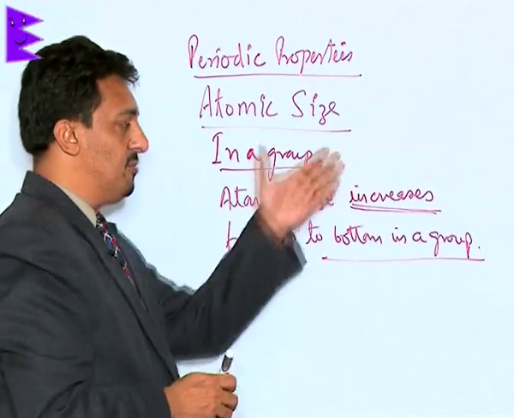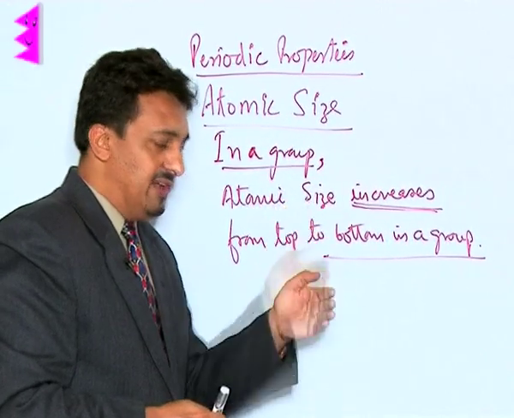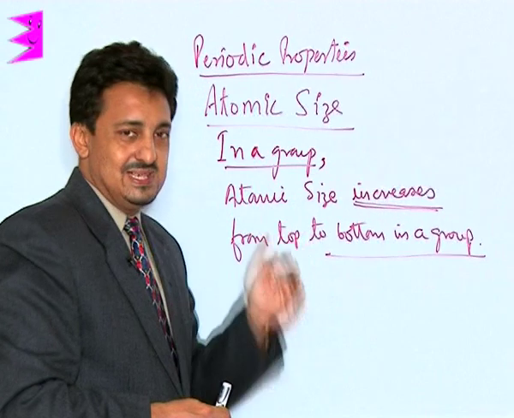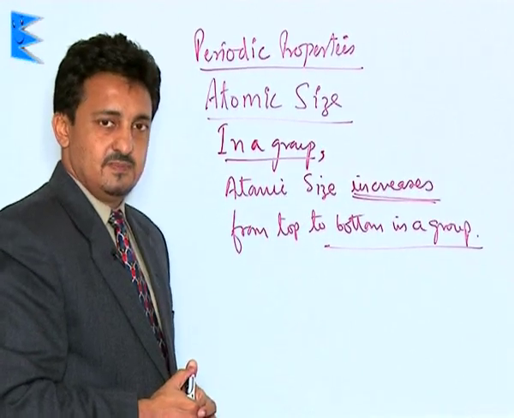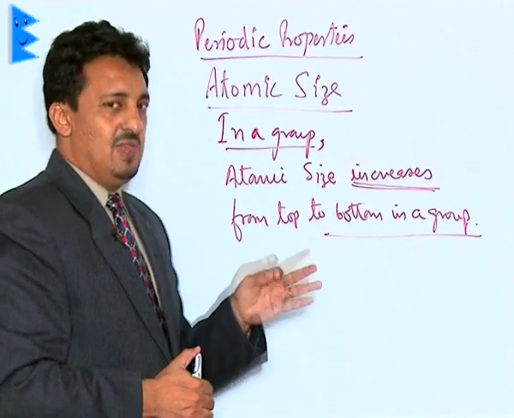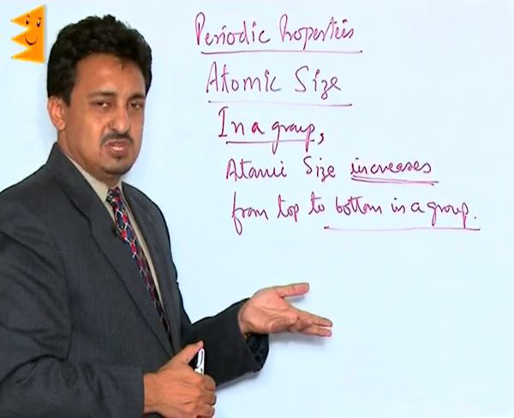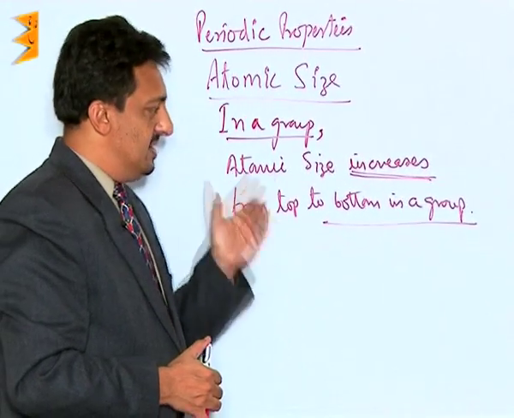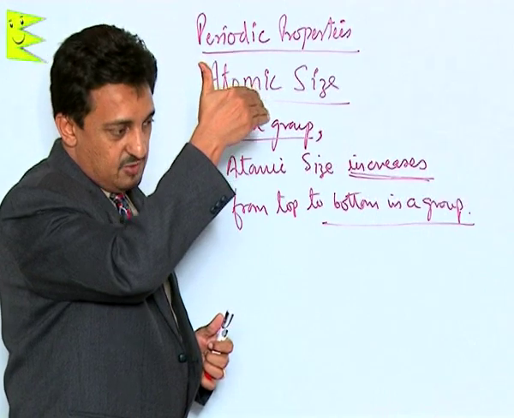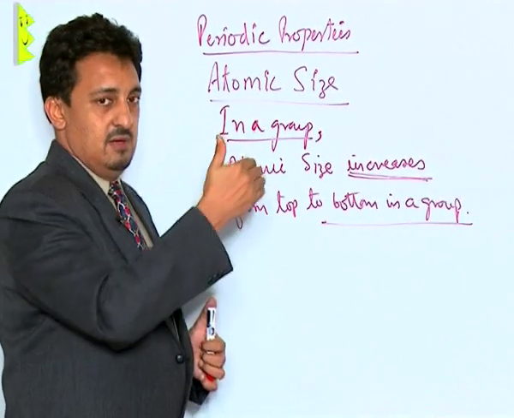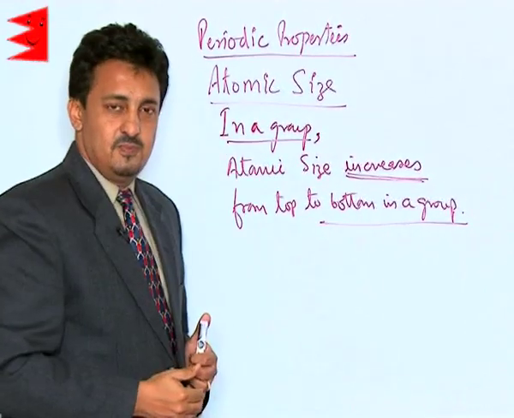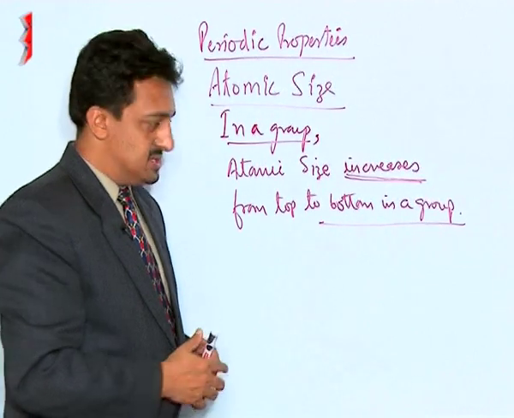As we move from top to bottom in a group, the atomic size always increases, except for only one exception. The reason is because